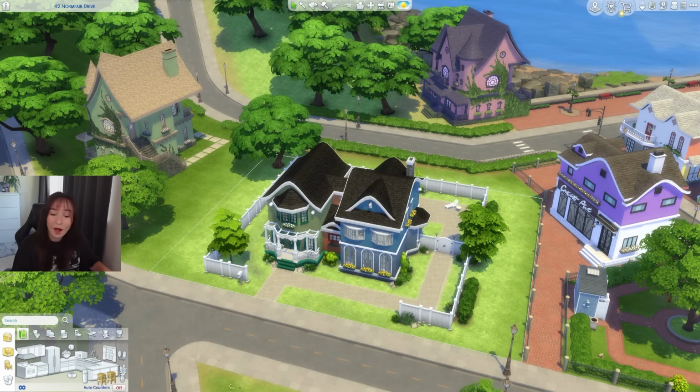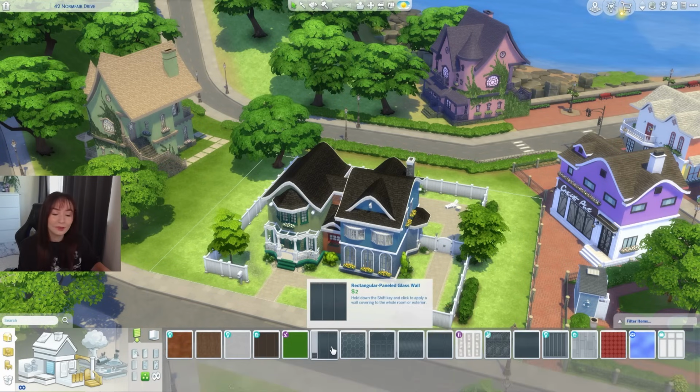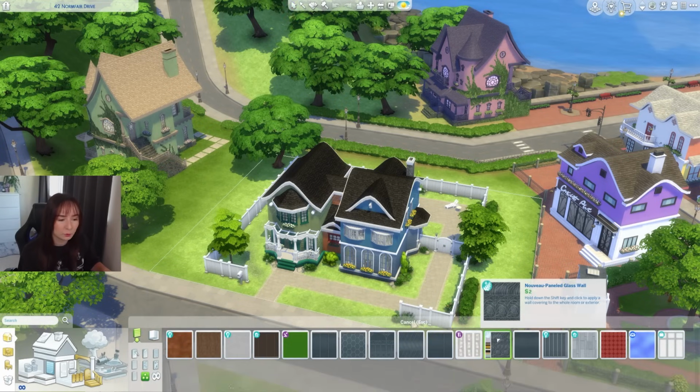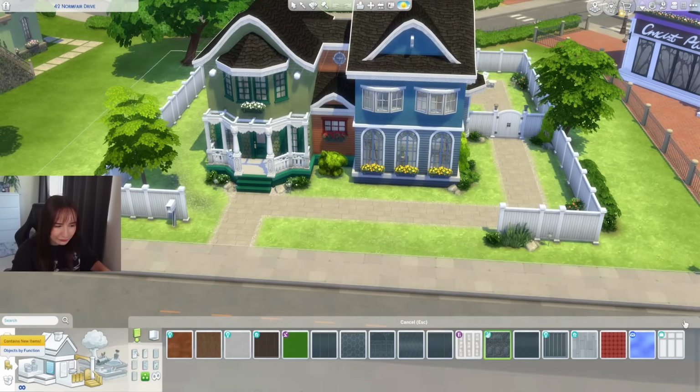I don't know what's going on, but I'm going to be using the new glass feature that came with the recent update, and one of these swatches being from the new Enchanted by Nature pack. Every single piece of whatever you see here today will be glass, and I even mean the flooring,